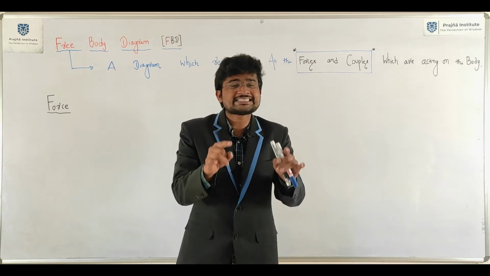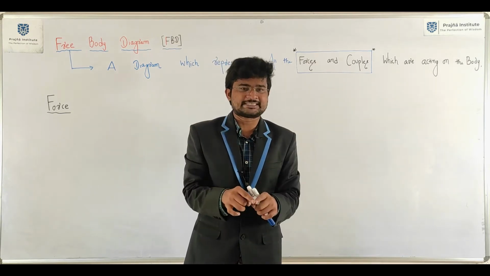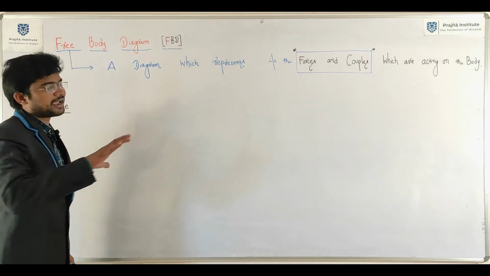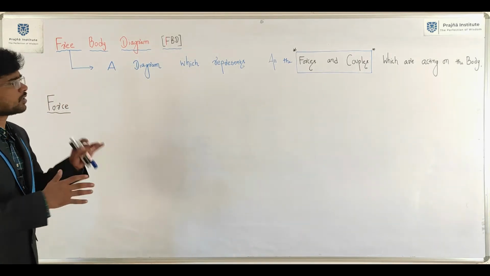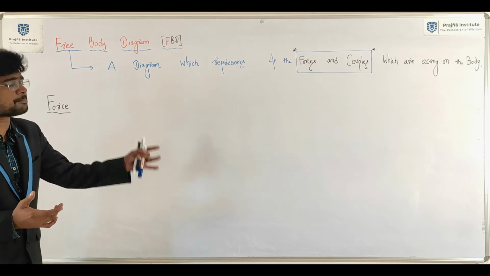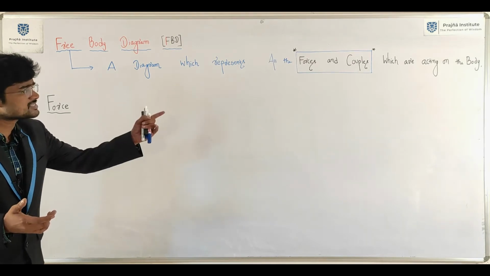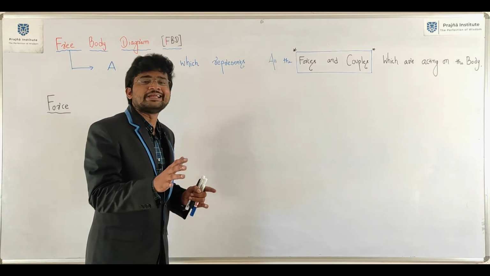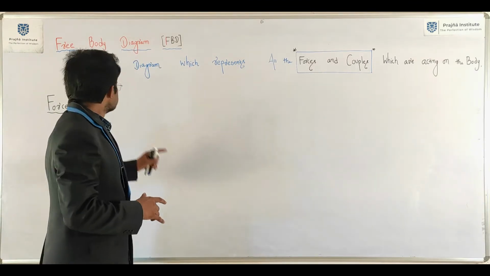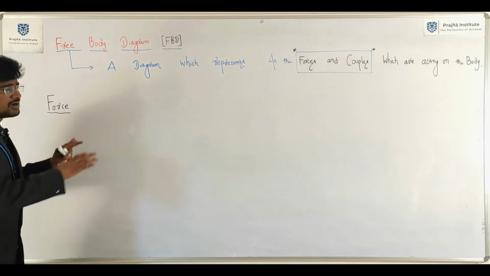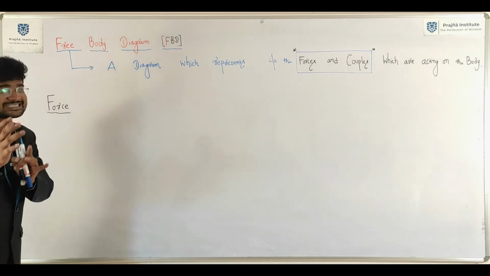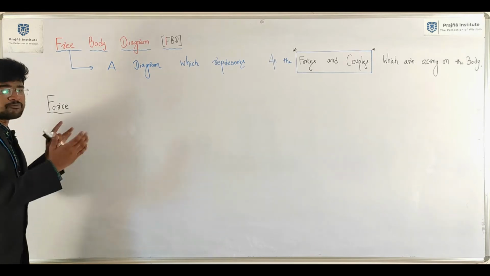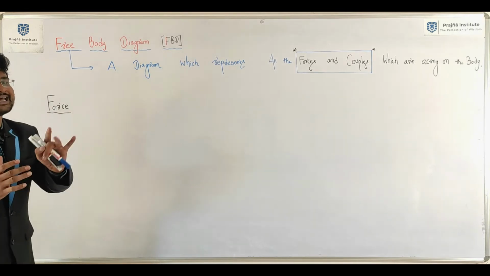What is the list of forces in your engineering? In total mechanical and civil engineering, what forces will come, what couples will come? Force is a vector quantity, meaning it has both magnitude and direction. So first we discuss the list of forces you will study in engineering mechanics. After that, the magnitude of that particular force and its direction.